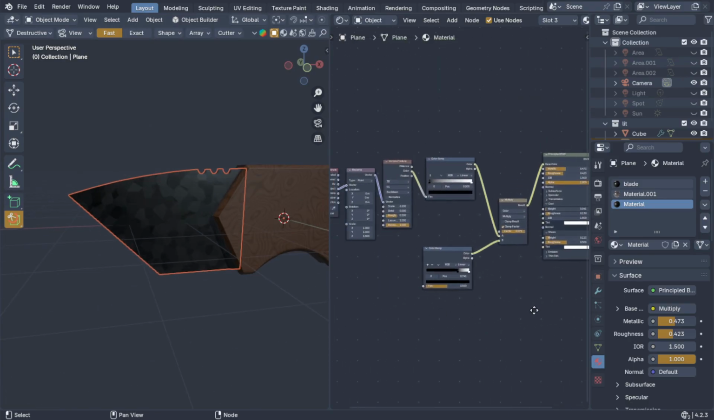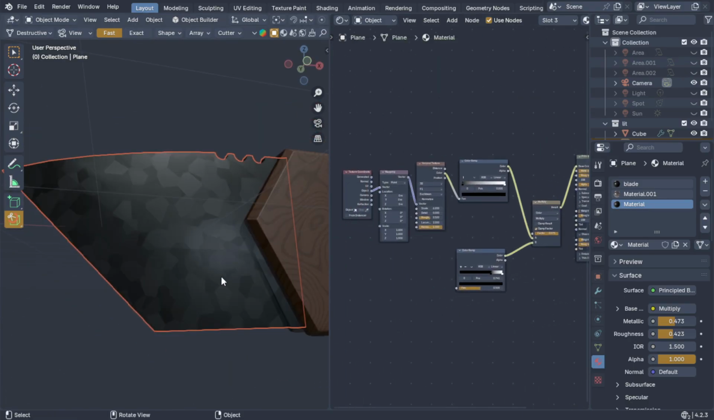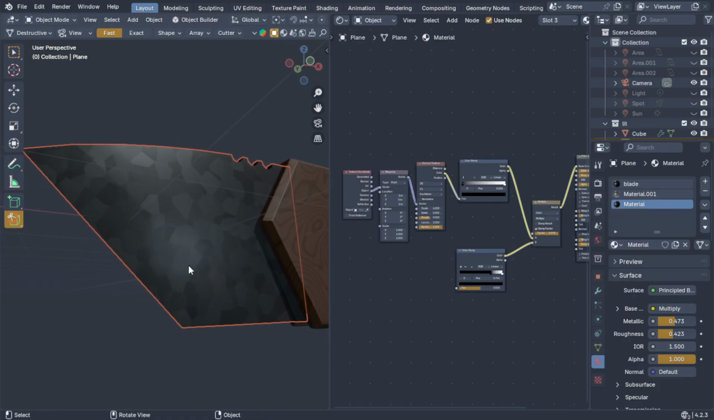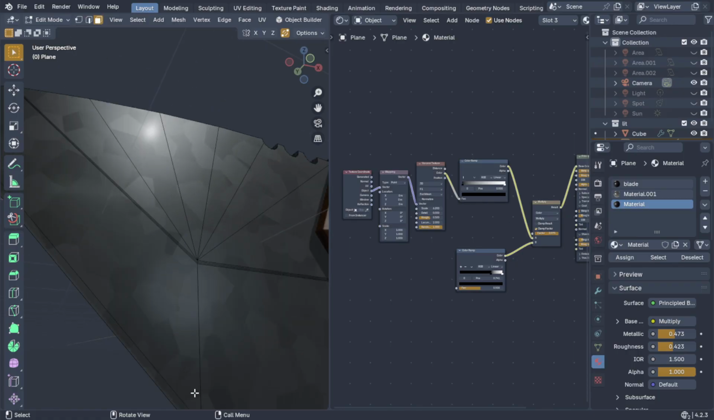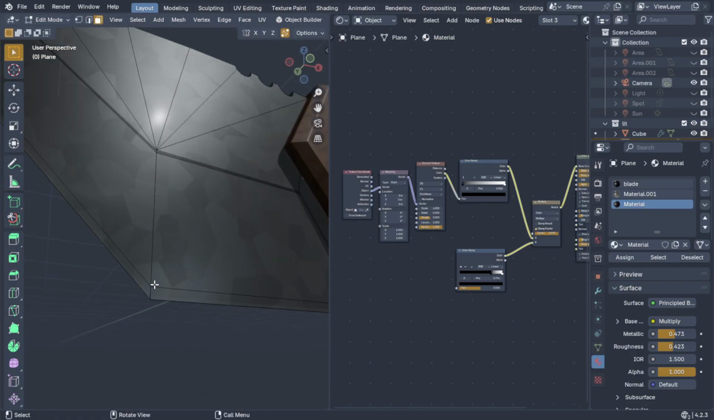Okay, so this is our blade, right? So this is the simple texture for the blade. Now for the edge of it, as you can see, I have created this line to separate these two faces, this one and this face. So now I will select the face selection